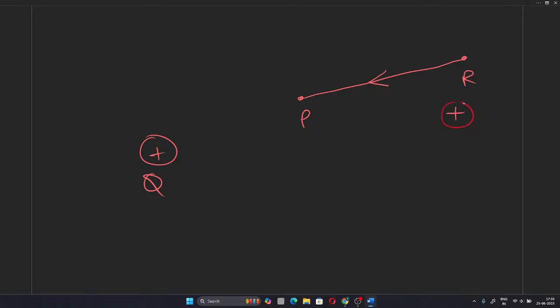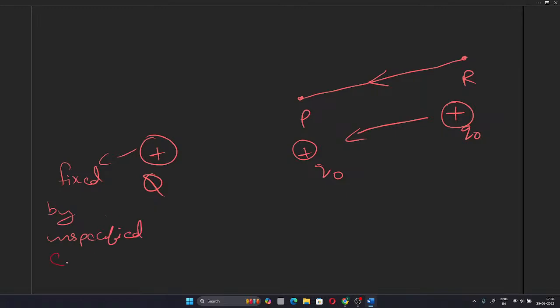Let's take it as positive. Q naught, we are bringing it from R to P. Here, this charge is fixed here, fixed by an unspecified external force,